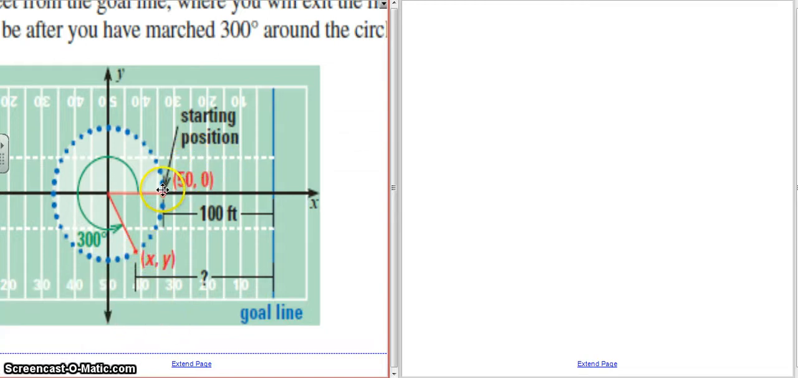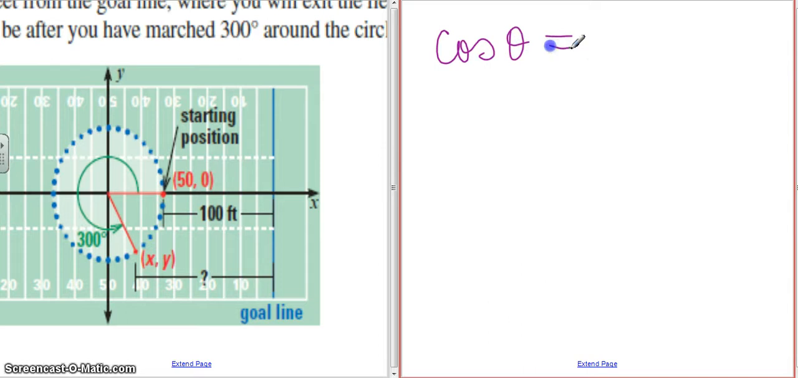So we started here, you were 100 feet from the goal line, and you marched around this circle 300 degrees. Now the question is, how far are you away now from the goal line? This line right here that they have drawn with the question mark is how far you are from the goal line. So what I'm going to look at is cosine in this case. Remember that cosine is equal to x over r, and I'm down here in the fourth quadrant. This is going to be the cosine of 300 degrees,